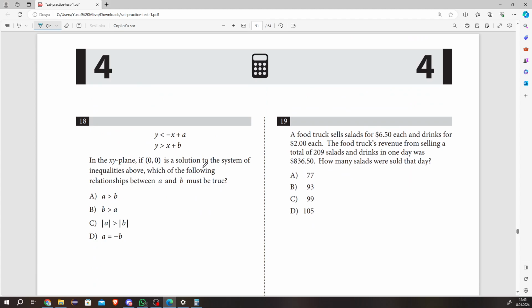In the xy-plane with a solution to the system of inequalities, which of the following must be true? So if (0, 0) is the solution, let's put them in for y and x. The first equation and the second equation is, and also we can simply say that a is greater than 0, greater than b. So we can say it is